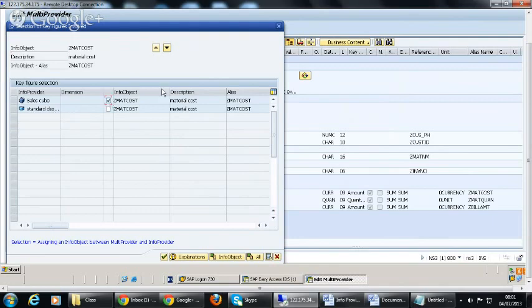So we have to do the identification of this. And for the same quantity there are two, and bill amount everyone is providing this as well. So you have to do the identification and then click continue.